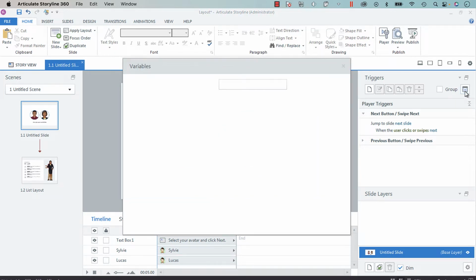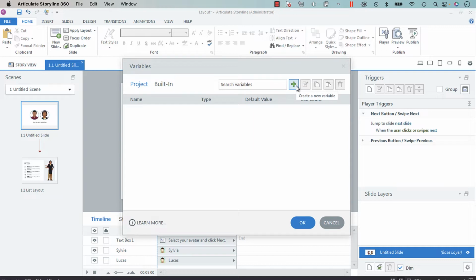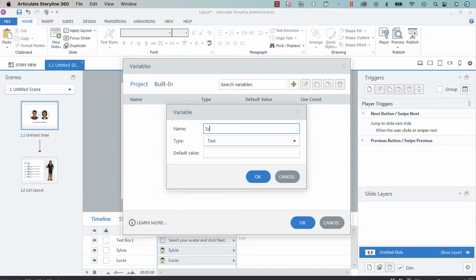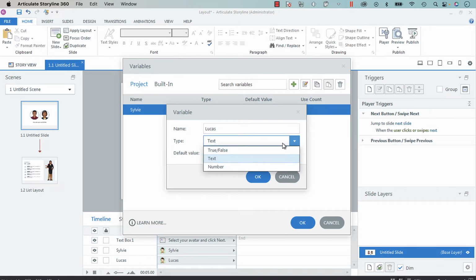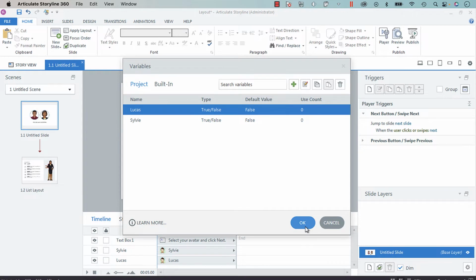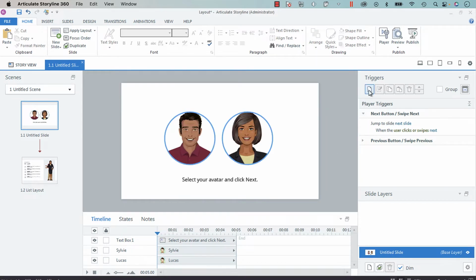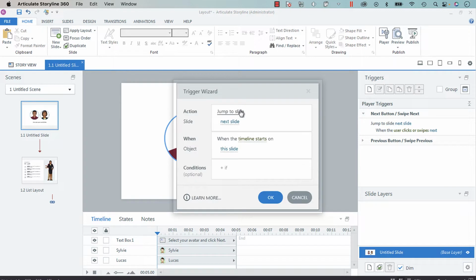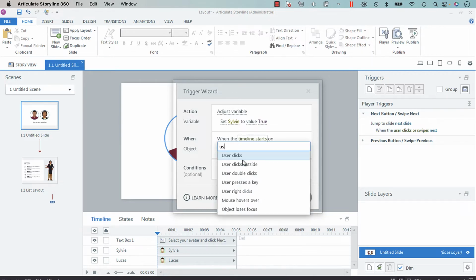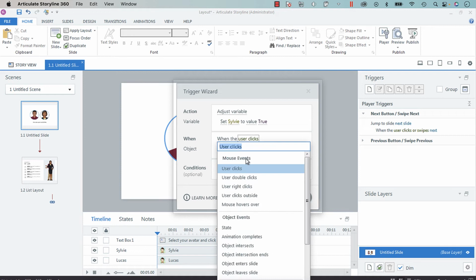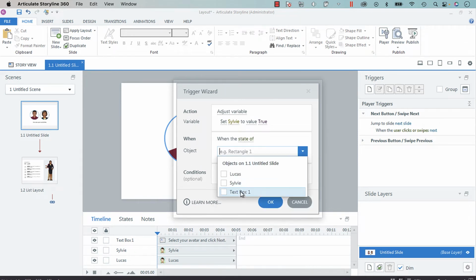So go to your manage project variables, and I'm going to say Sylvie, and I'm going to create a true false variable. The default is false. And then Lucas, who's our other character, true false, false. Okay, cool. Click OK. Then I'm going to add a trigger that says adjust variable, set Sylvie to a value of true when the user clicks, when state of Sylvie